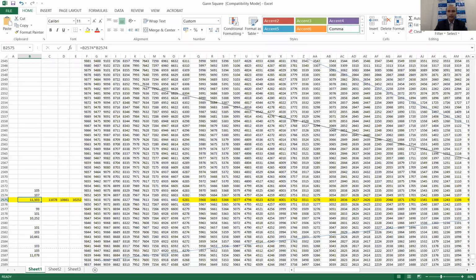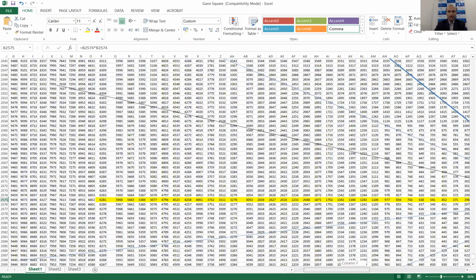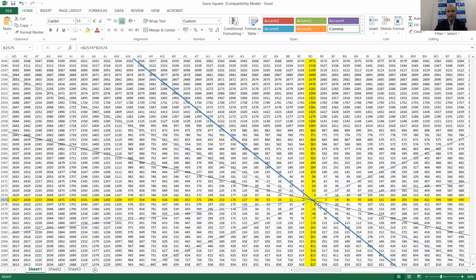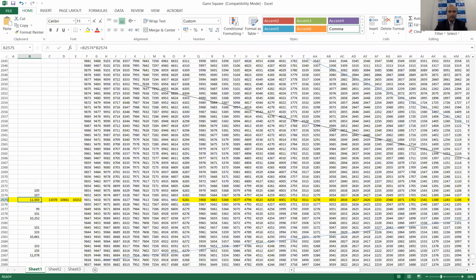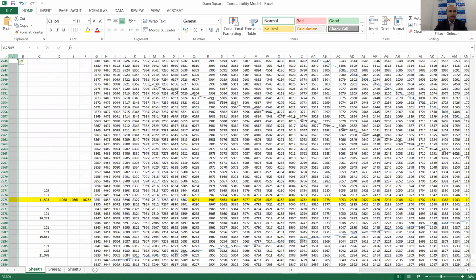You can see all the Gann square of nines. This I've done manually. There are intelligent ways of doing things, but I do it visually. I want to see how it happens. So I've created a Gann square of 9 Excel, which shows right from 1, 2, 3, 4, 5, and all the way towards the level of nearly around 12,000 odd levels. So that's how I look at it. So if you look at this, there is a way in which you can also derive this square. So let me just introduce a column more here.